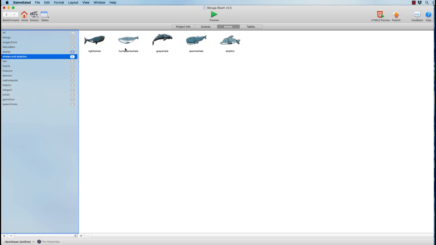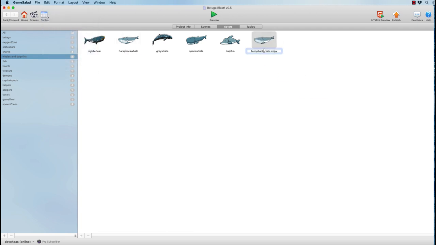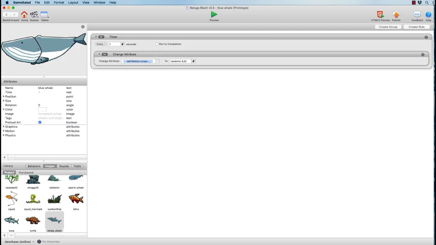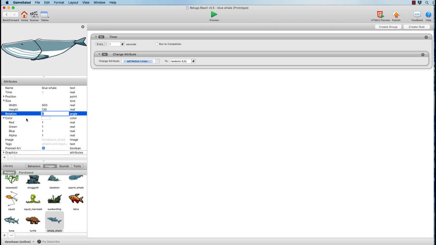Similarly, we could do the same thing here. If we wanted to have a new type of whale, say that we wanted to add a blue whale, we could use the humpback whale, which is a type of baleen or filter feeding whale, as a prototype object, and do a copy and paste and create a blue whale. And then we can actually reuse the graphic of this, but just say we're going to make a blue whale, which is the biggest animal to have ever lived on Earth, that will be 500 pixels long by 135 pixels wide, and we'll make its color distinct.